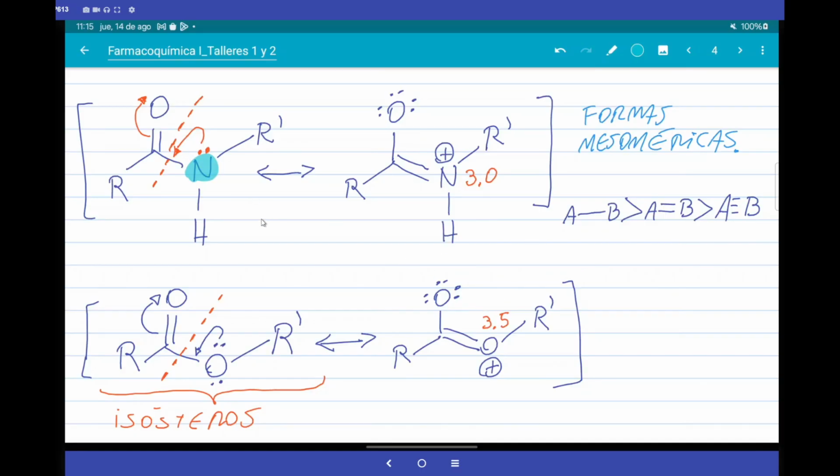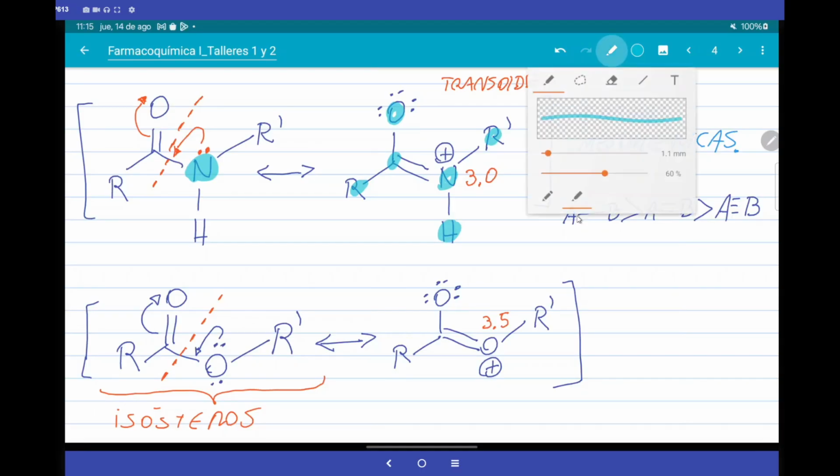And the other has to do with the disposition of the amide. The amide has what is called a transoid disposition. This comes from the fact that in amides we always have 6 coplanar atoms: oxygen, carbon, the nitrogen, the proton, and the other atom that forms that R prime, and the rest.